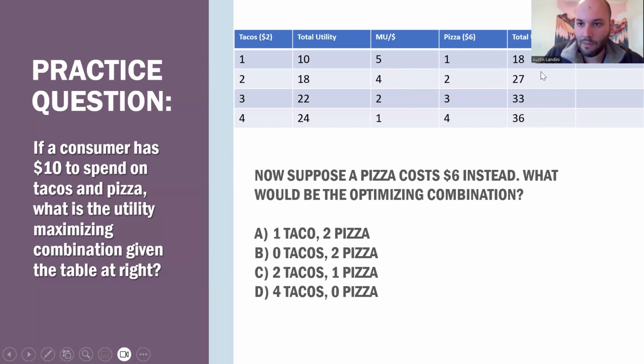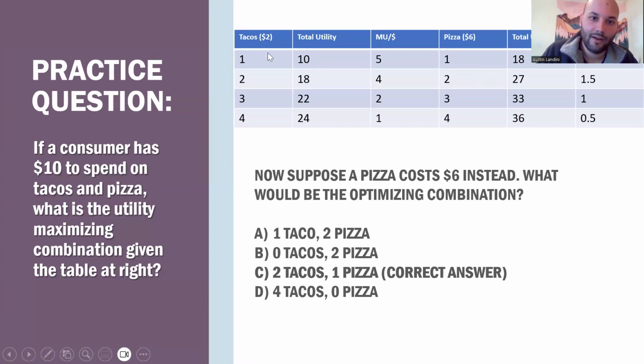So we know that before we buy any pizza at all, we're going to buy the first taco, maybe it'll help here, and the second taco, right? Because both tacos 1 and 2 have a higher marginal utility per dollar than the first slice of pizza. All right, so now we've purchased 2 tacos. We want to know, do I buy a third taco or a first slice of pizza? The pizza has the higher marginal utility per dollar, so the next item this consumer will purchase is 1 slice